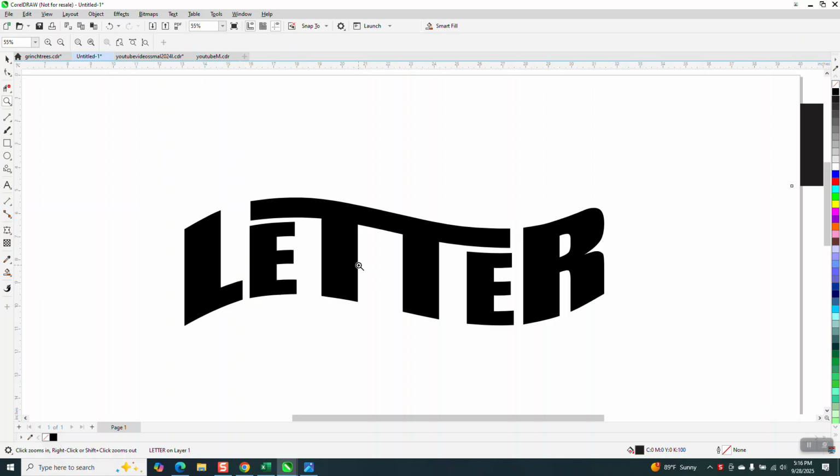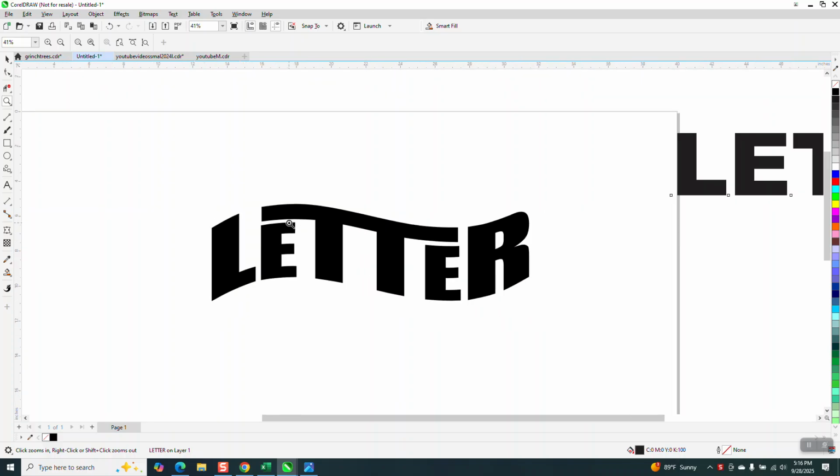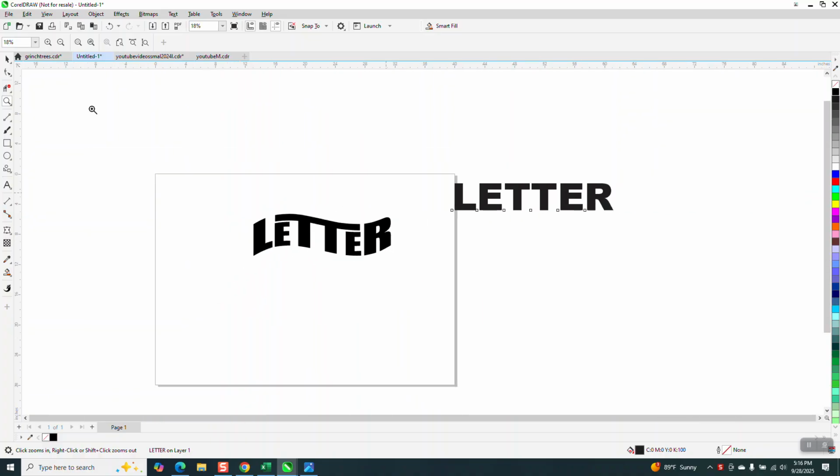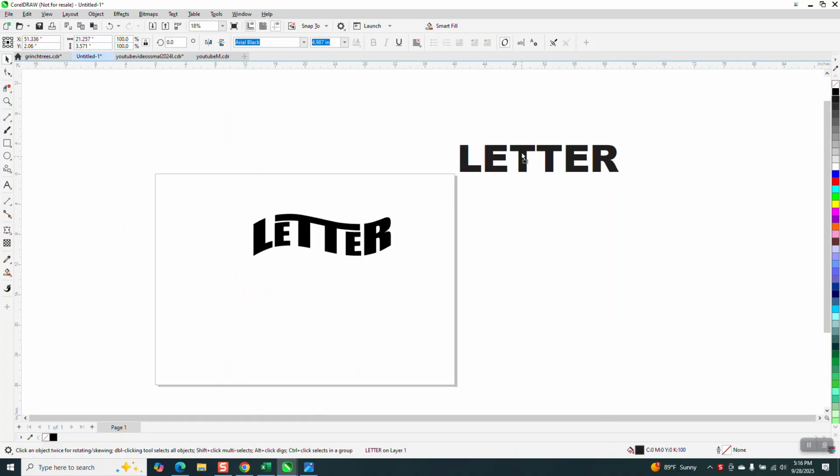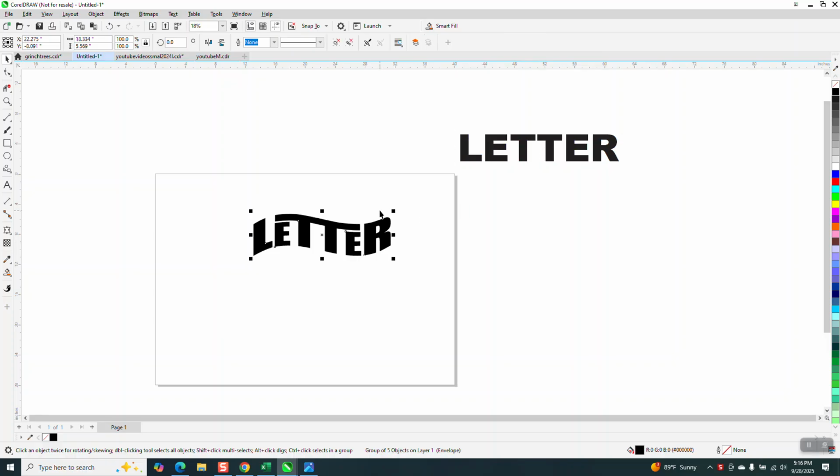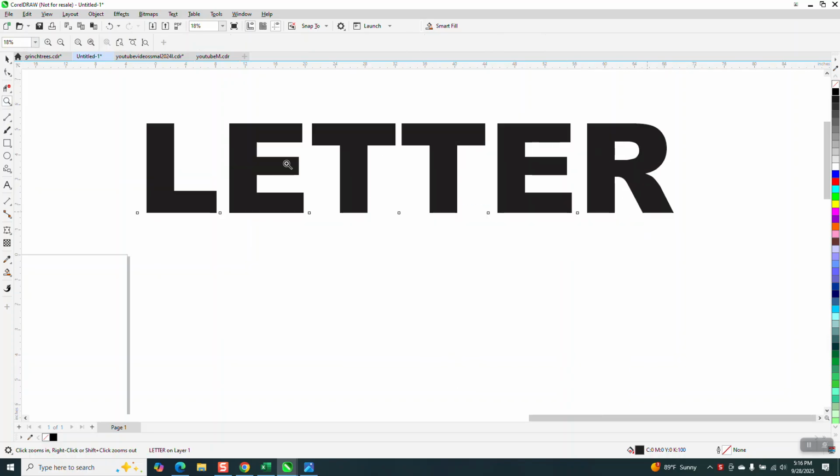Pretty cool text effect. It's not going to work with every word, but if you had double T's or even AT, it would work the best. So I just drew it out in Arial Black. This was actually Impact. But I'm going to take this thing and I'm going to grab my shape tool and I'm going to grab,